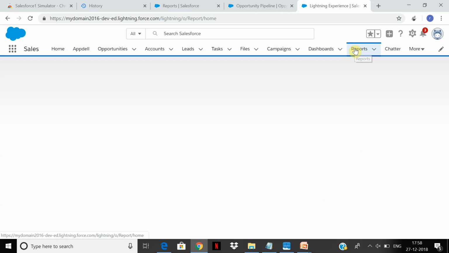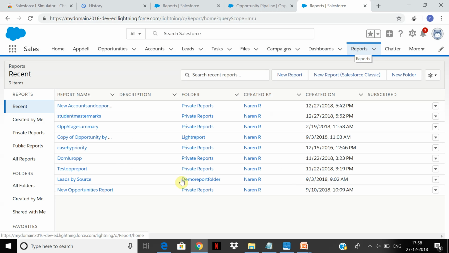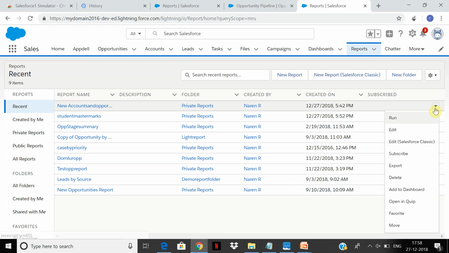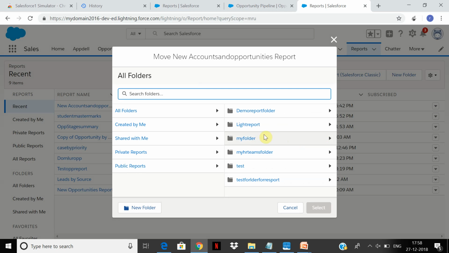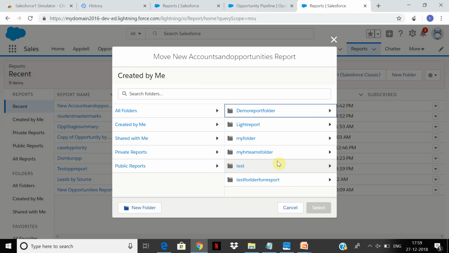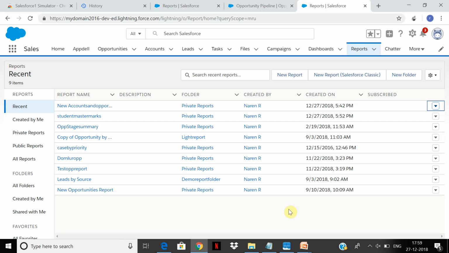And now if I go to my report, I can either share it here or move it. It is going to ask me which folder. Right now I'm going to keep it here. Otherwise I can move it to the new folder, the test folder that is created. So this way, from the folder, the access can be controlled as view, manage or edit. So this way you share the access of the folders with the users.